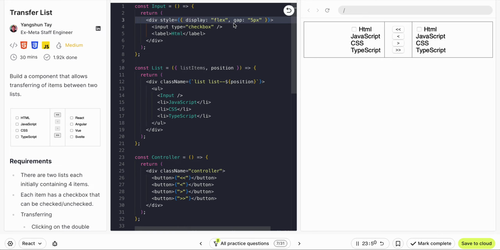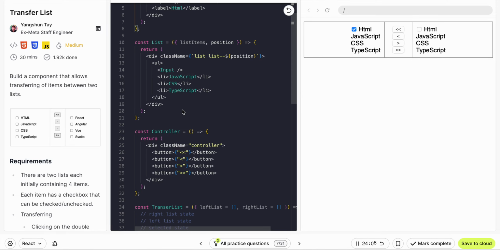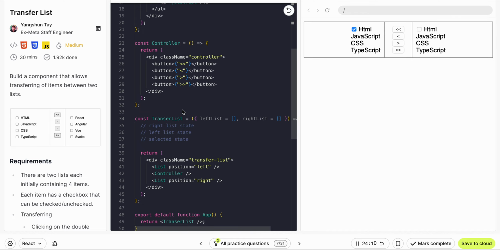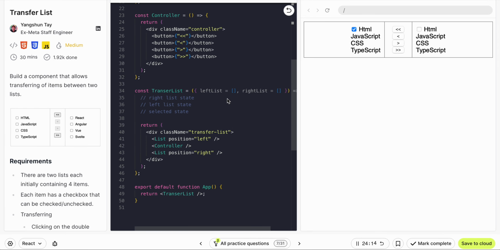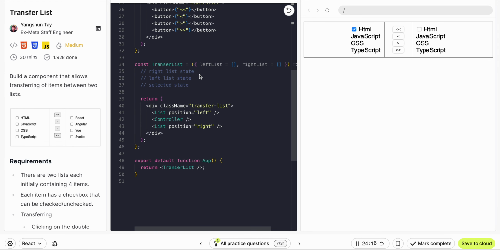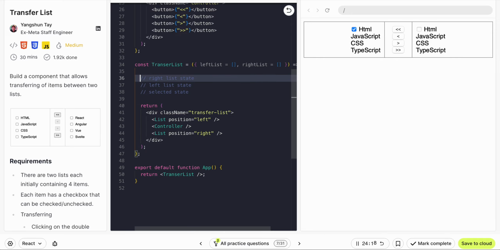We will not modify it, so now okay, now create a list that will